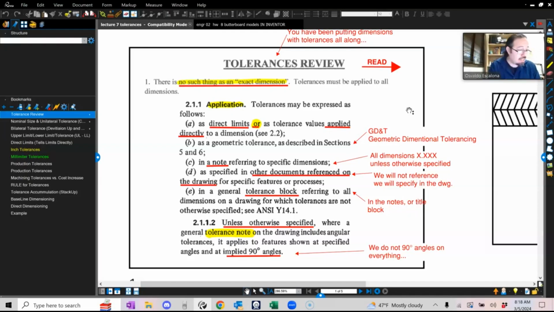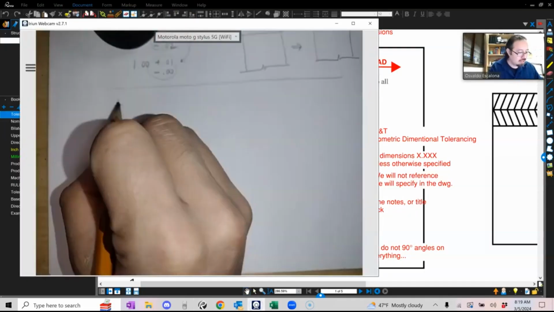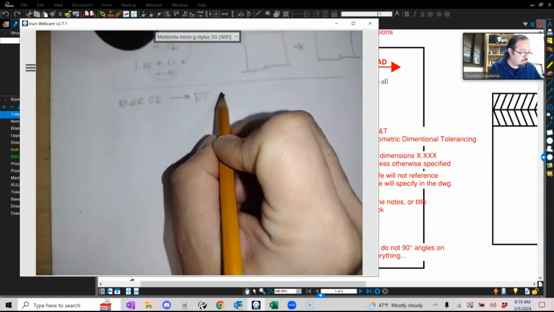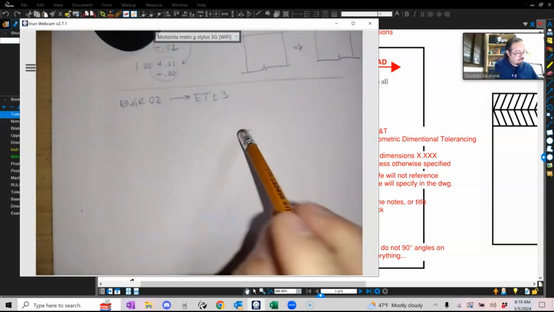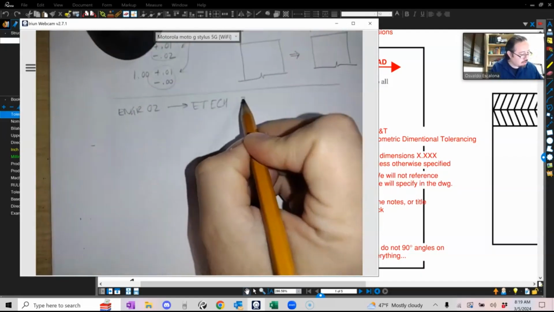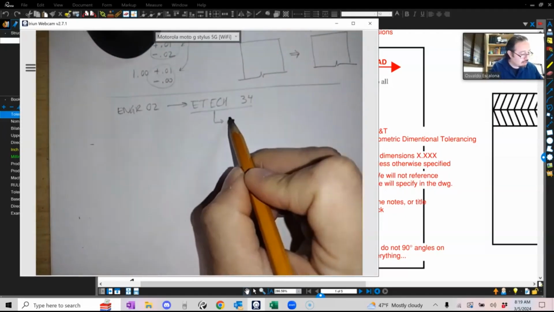So if you guys continue, there's another class that we teach here. In fact, the requirement for that class is Engineering 2. Engineering 2 is a requirement to take a class called ETEC 34. If you take this class, I will prepare you to get certified by the ASME